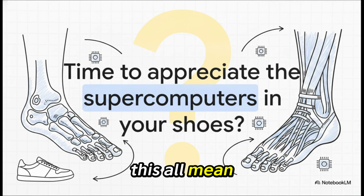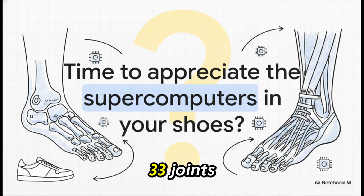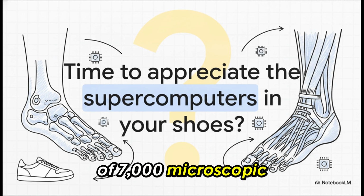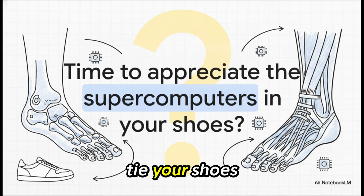So what does this all mean? Well, after tearing all of this down, after seeing the flawless synchronization of 26 bones and 33 joints, the literal industrial lifting capacity of the Achilles, and the real-time data analysis of 7,000 microscopic sensors, it kind of changes your perspective, doesn't it? The next time you tie your shoes, realize that you aren't just covering a limb, you are